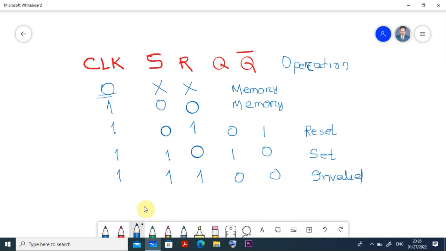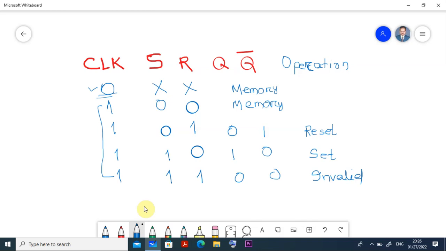In this case, the value of S is 0, Q will be 0, and Q bar will be the reverse of this, which is 1. So it is a reset. That means the Q value will reset to 0 every time, whatever value it had. Got it now? The first case was when clock is equal to 0. In the remaining four cases, I am putting a clock. The first case, when both inputs S and R are 0, it retains the memory as it is. When it is 0, 1, it goes for reset, so the value of Q becomes 0 and Q bar becomes just the reverse of that.